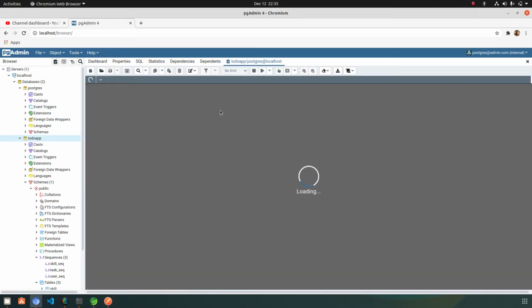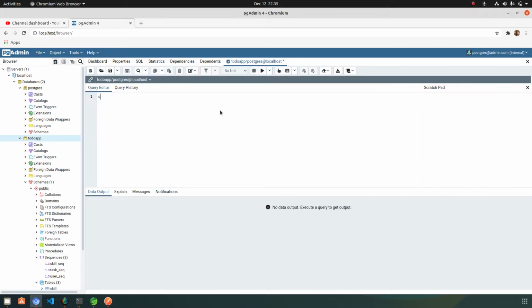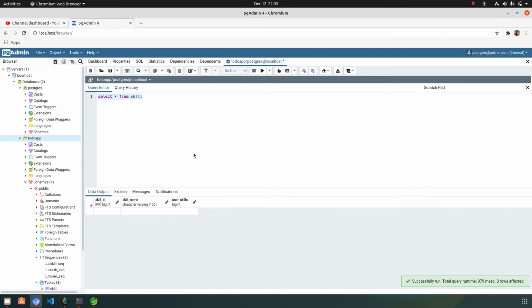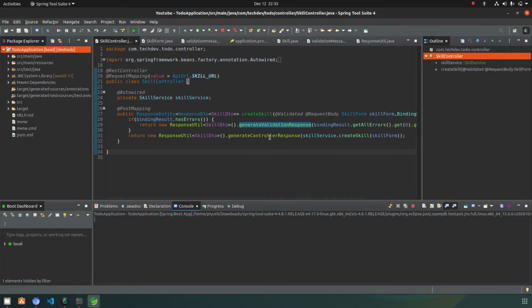In the database we can check how many records we have, so let's query that data: select star from skill. We do not have any data right now.